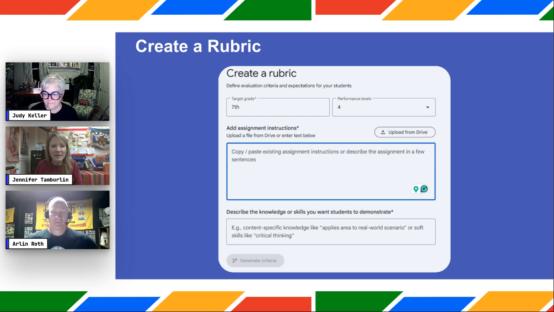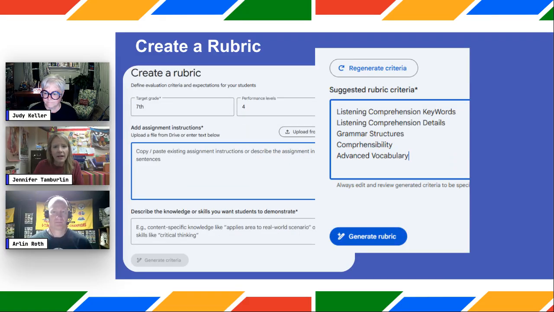So I did a new portion of an assessment recently, and I hit the create a rubric because I didn't have any way to score it. And I went ahead and filled out this form and put in just some descriptions. I uploaded what the students would be looking at as they were doing this listening assessment, and I asked it to generate some criteria for me. And from there, you were able to